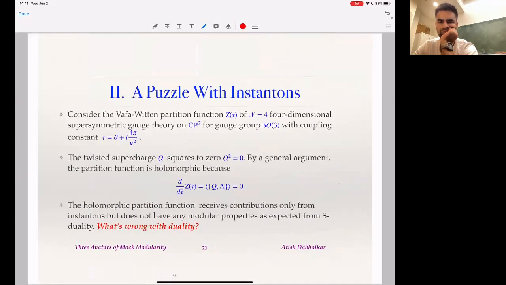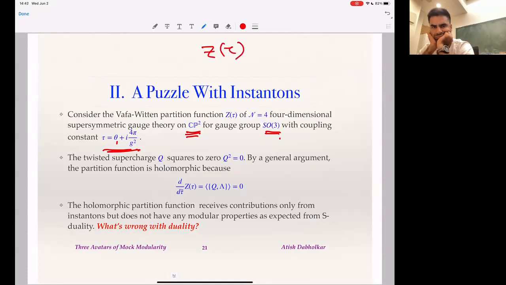Then there is a puzzle with instantons. If you consider the partition function, let's say of N=4 four-dimensional supersymmetric gauge theory on CP2 for the gauge group SO(3), with the coupling constant tau, which is the theta parameter plus i 4 pi upon g squared, you should get a function. If you take a topologically twisted partition function, then you can argue that the whole